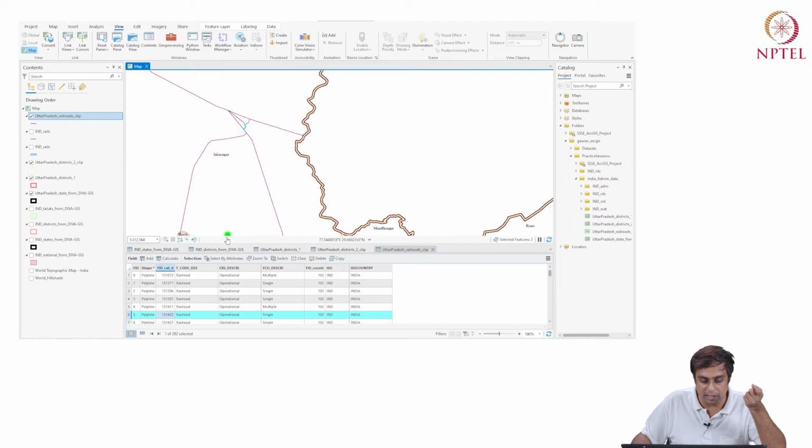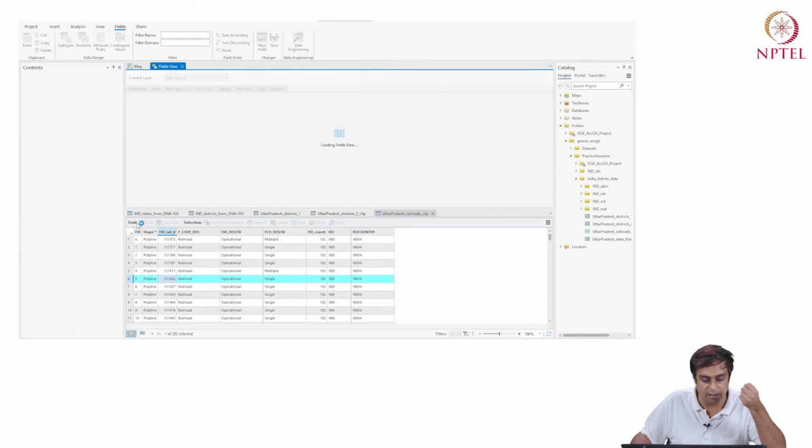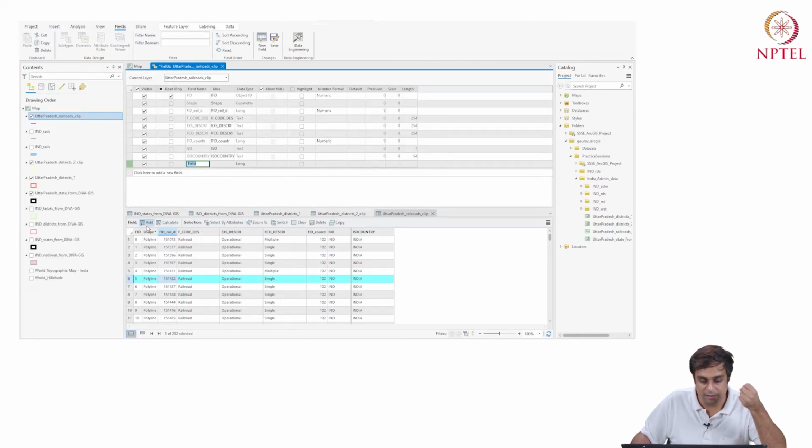We can do one very interesting thing. We can calculate the length and the area of these units. So let's say we say add field, under field we say add, right? And we can type the name of this field. I can say length, and I'm going to say I want it to be long. I actually like double, and this is it. Okay, I'm done. All right, so I can then just close it.